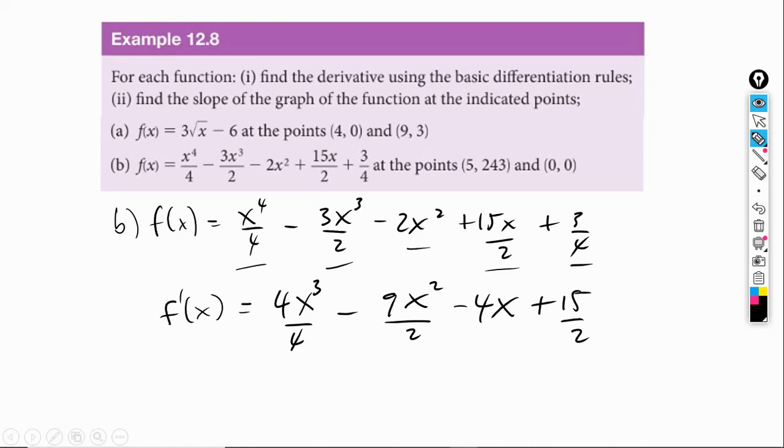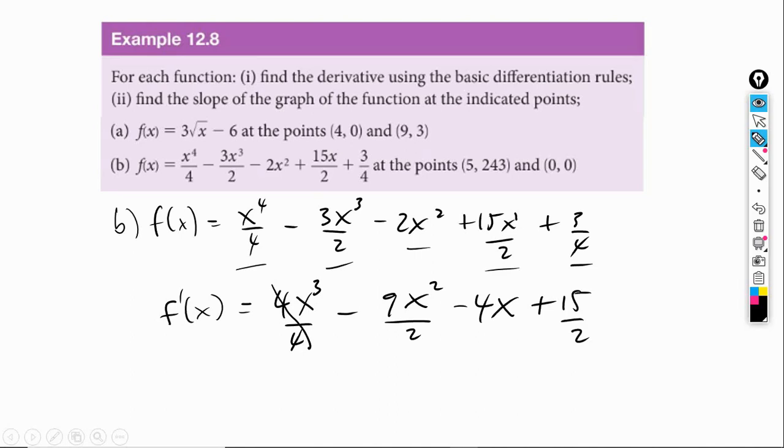Notice that here the exponent is 1, so the derivative would be multiplied by 1 and then subtract 1 from 1, that's x to the 0, so basically it becomes just 15/2. Whenever you have an x to the power of 1 and you do the derivative of that, it's going to be the coefficient basically. So let's simplify this a little bit. We see that 4 over 4 cancels out. So this is the derivative, and they want us to find